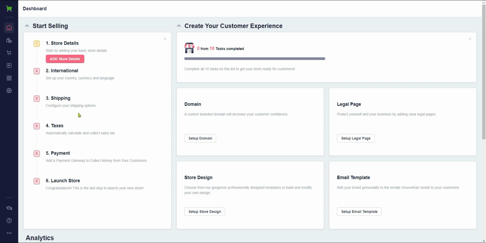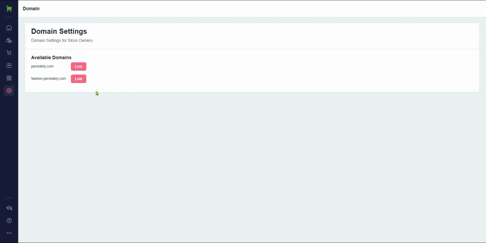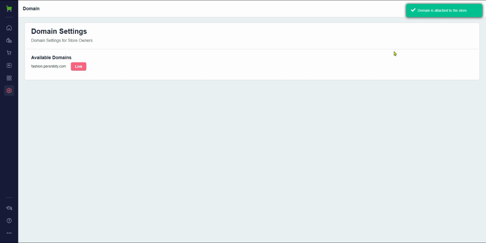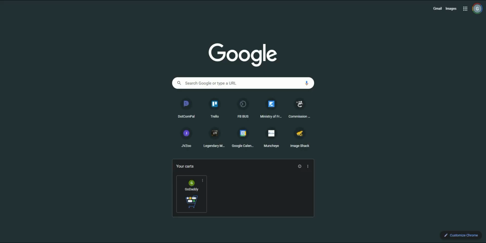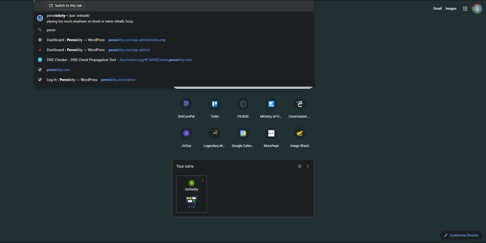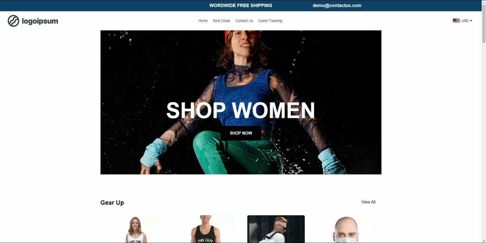Now, if you want to link it to your domain, you can actually go here to settings, go to domain, and it should have the domain that I added in earlier already on there, and there it is right there. So I can just link that, and it is attached to the store. It should pop up here in just a second, and there we go. So now let's check that out and see. Yep, takes you right to the store,